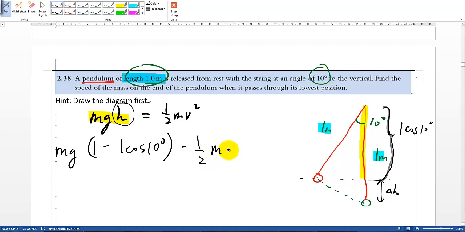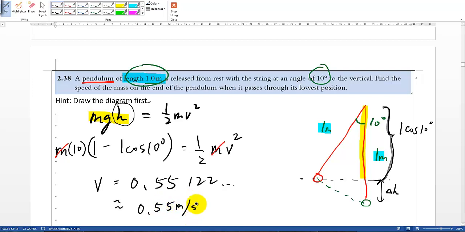You may realize that the m is not given, so how do we do it? But in fact it will be cancelled out on both sides. G, actually we should know it, so let me change it to 10 or 9.81 if you like. And so the whole equation only has one unknown remaining, that is v. So you should be able to find the value of v by using a calculator. And so the answer should be 0.55122 something, right? And I should round it to 2 SF, so